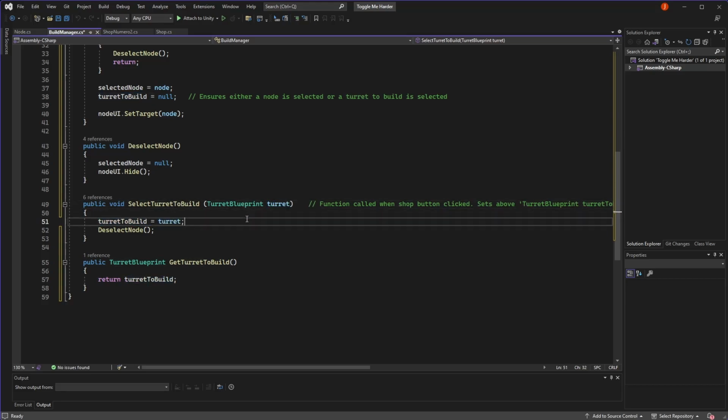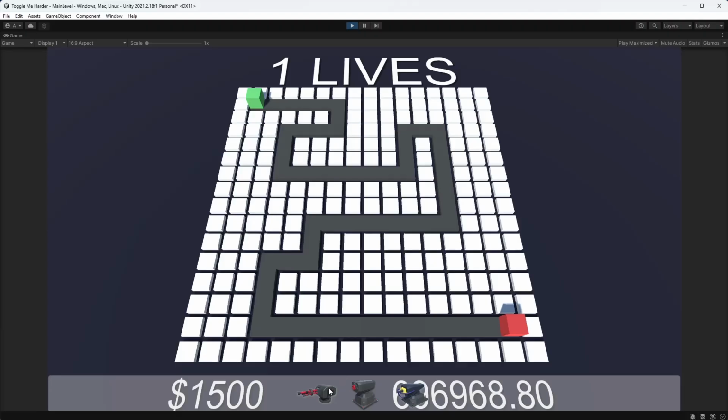Now remember, this function is going to be called every time the toggle's value changes. That means when we go from deselected to selected and selected to deselected. When we go from deselected to selected, we want to make sure that we have a turret to build so that when we click on a tile it will create a turret. But when we go from selected to deselected, by clicking on the toggle again, we want to clear the turret. Right now that doesn't happen. Instead, even though the toggle is deselected, we can still build a turret.